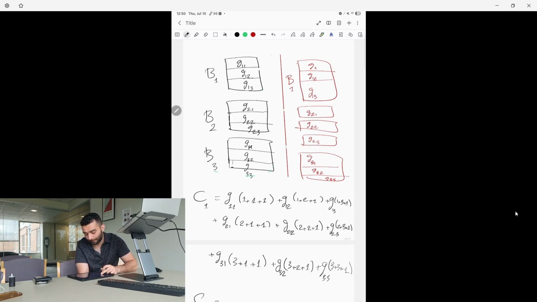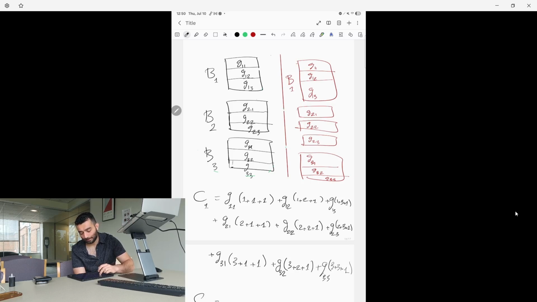Second row we have 2 plus 0, 2 is minus 2, minus 2, minus 2, minus 2, G2 1, G2 2, G2 3, and plus 2 times G3 1, G3 2, G3 3, so C2 1